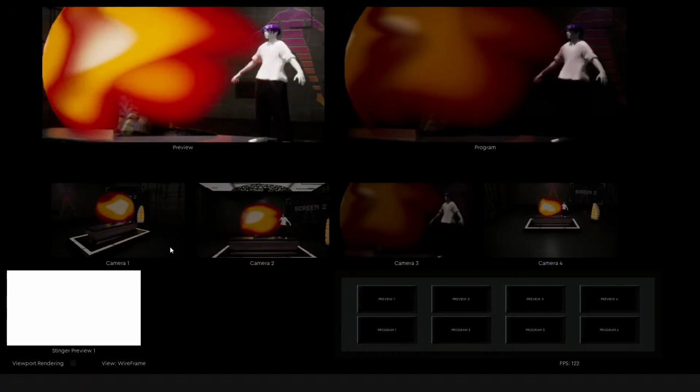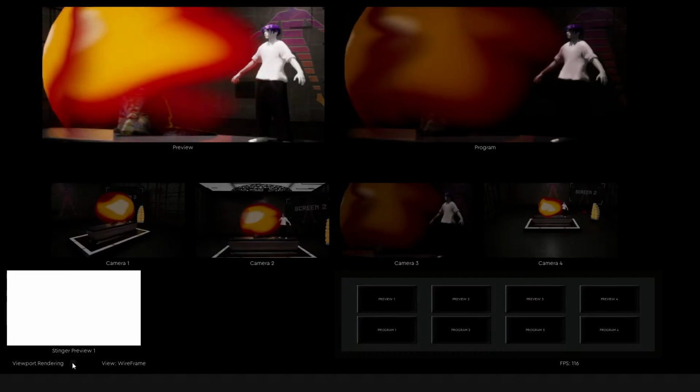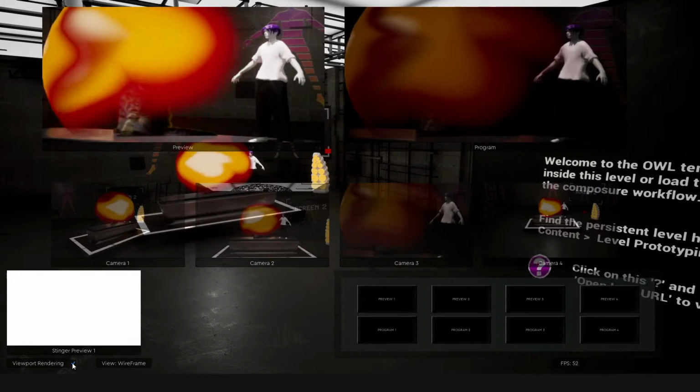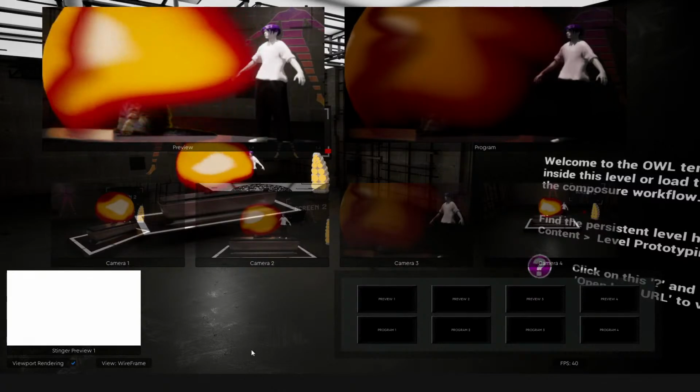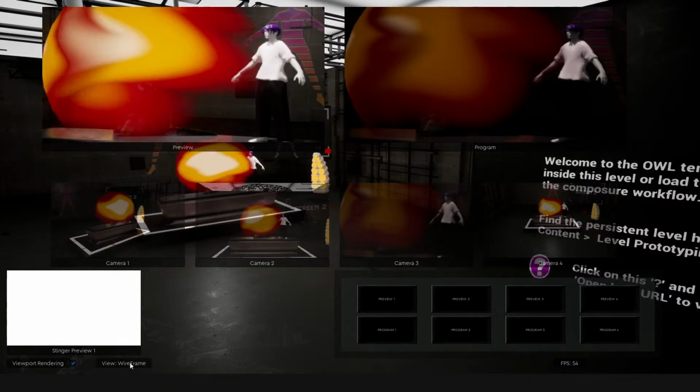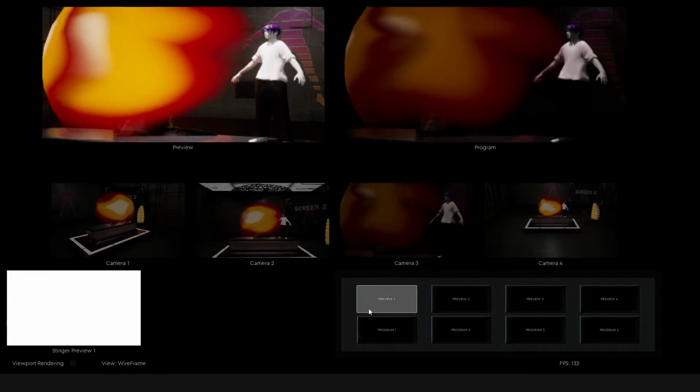I might eventually just make it so that this viewport actually goes out just via Spout or something, so we could either see it in an editor utility widget in another window, or we could just not have it behind this whole HUD, or I might make it so you can show and hide this HUD. But yeah, essentially you just got